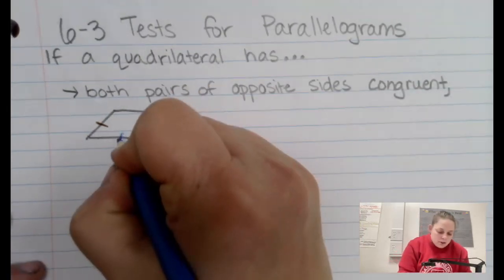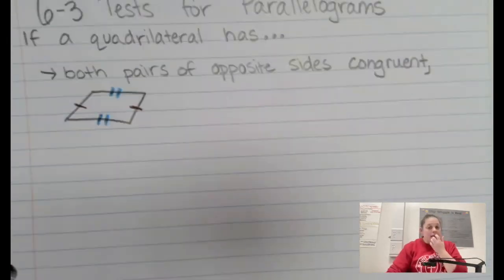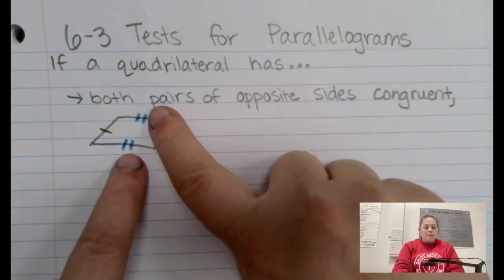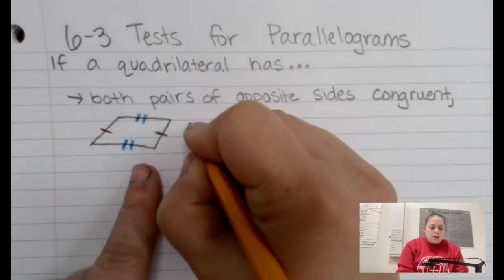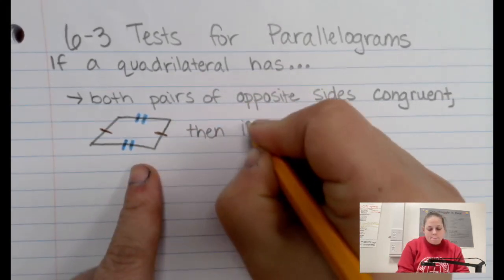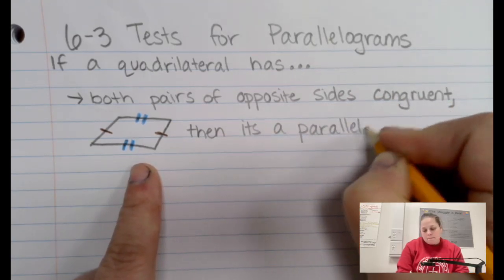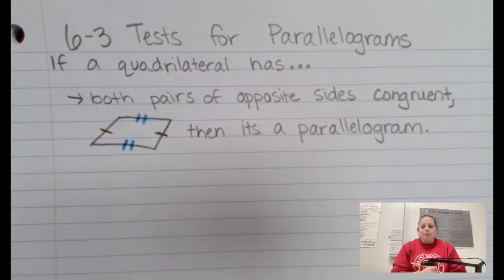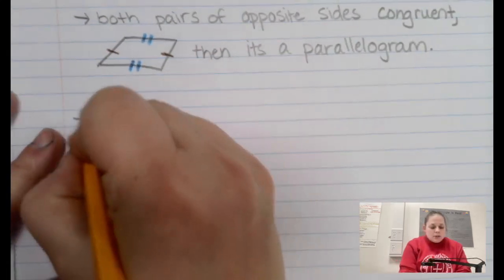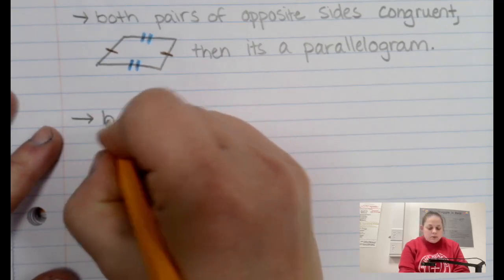And then these ones are congruent. So if I see that, either it's marked with numbers and I can see they match, or I can see with the tick marks that they match. Then it's a parallelogram. Okay, that's one theorem. Our next theorem says if both pairs of opposite angles are congruent,